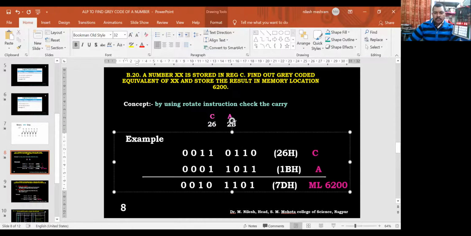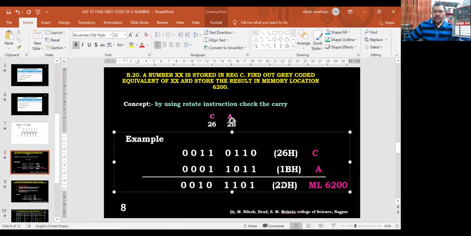Now when we do this, 1, 0, 1, 1, 1, 1, 0, and 1. So it will come to 2D. So the right number is being shown over here. So if you put it like this, next, reset, go 6300, reset, substitute memory 6200, reset, go 6300, execute, reset, substitute memory 6200.